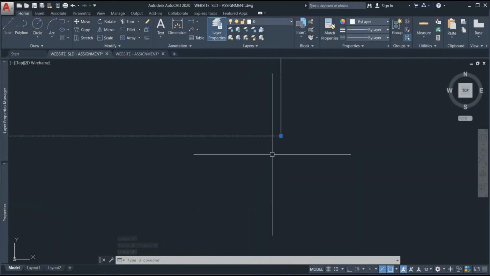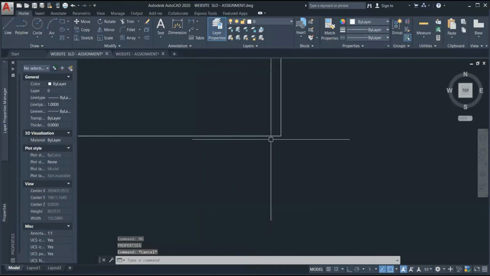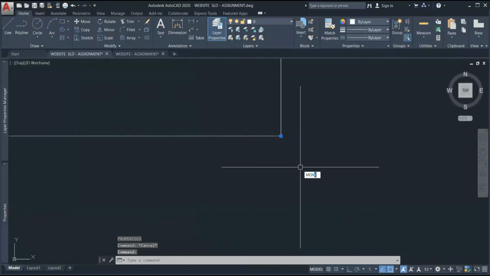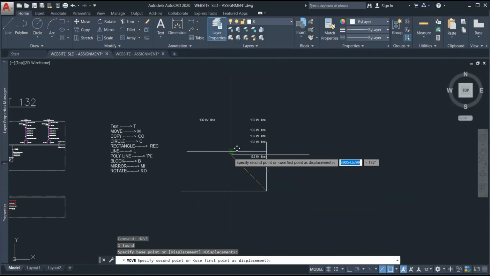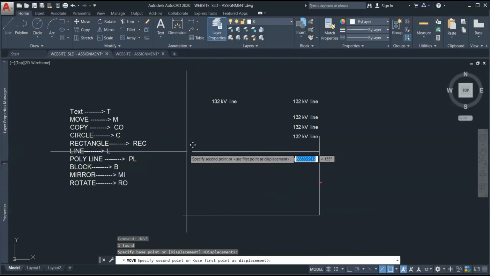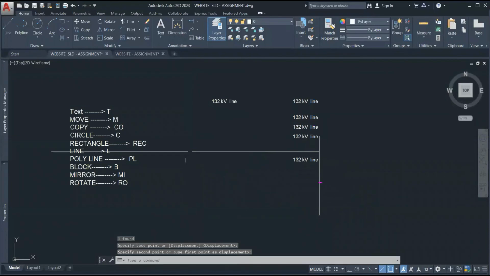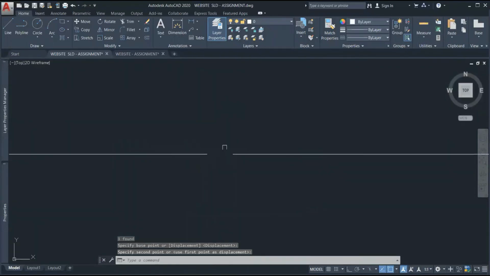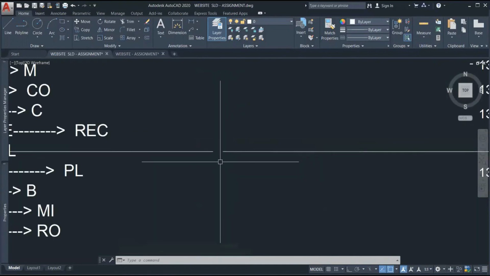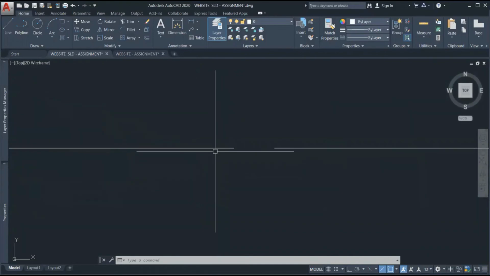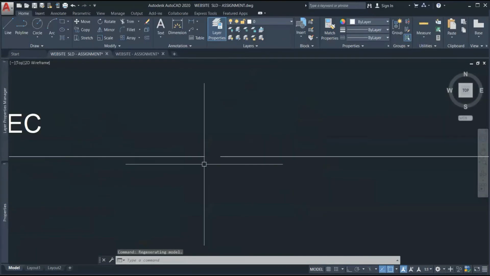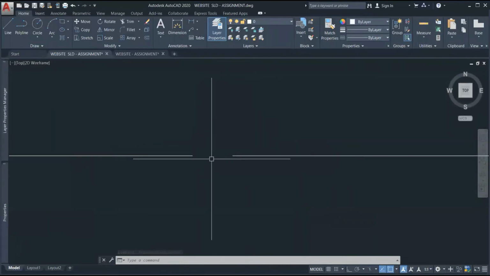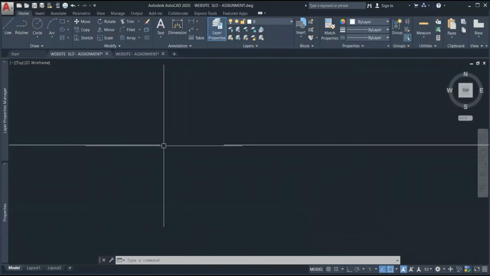Like if I'm giving the move command, move, and I'll simply place it near this. Okay. So if this tracking is not enabled, then if you see from a distance, it will look like these points are joined. But if you zoom in, some precision error is there. So in tracking,